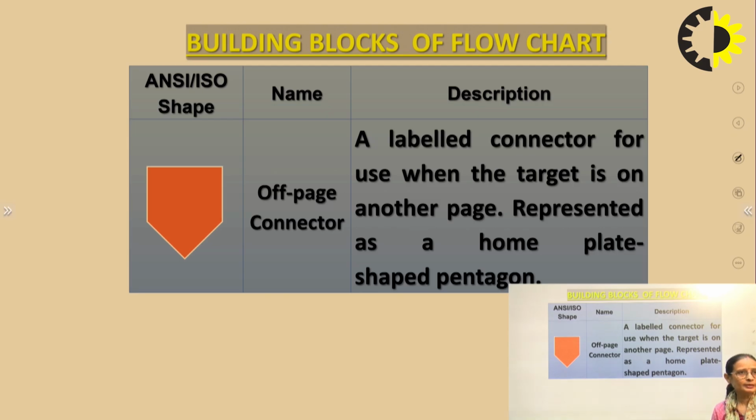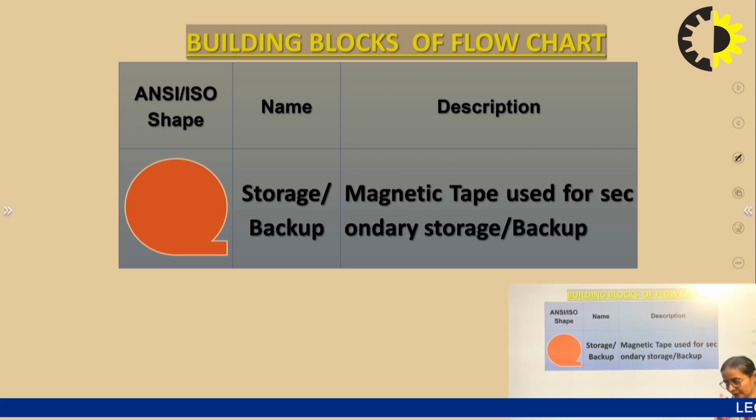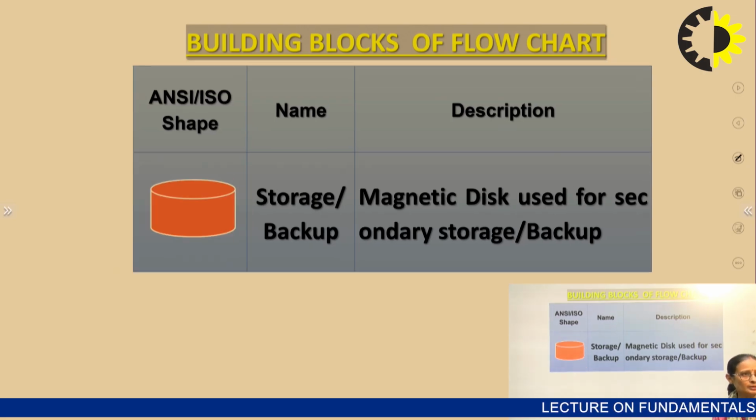The off-page connector is the labeled connector for use when the target is on another page, represented as a home plate shaped pentagon. Now this is for the storage or the backup, that is magnetic tape used for secondary storage or backup. For example, if you are storing the output on a backup, then in that case you will use this symbol.